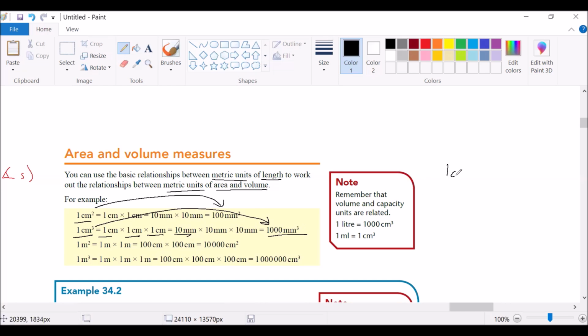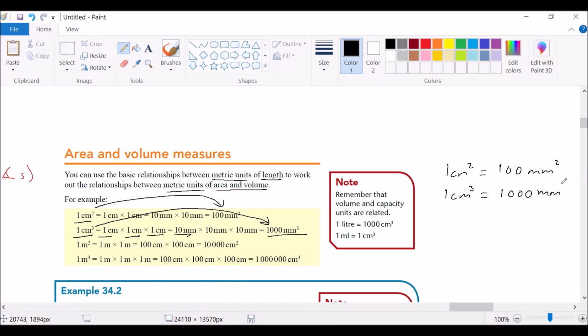So we have 1 square centimeter being equal to 100 square millimeters, and 1 cubic centimeter being equal to 1,000